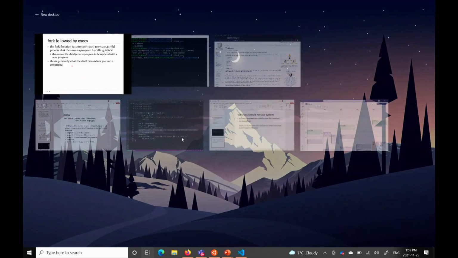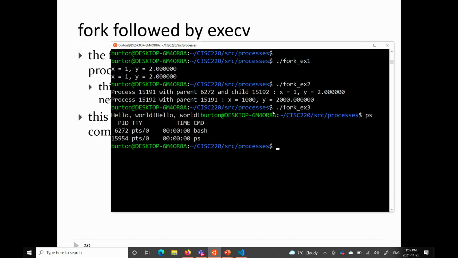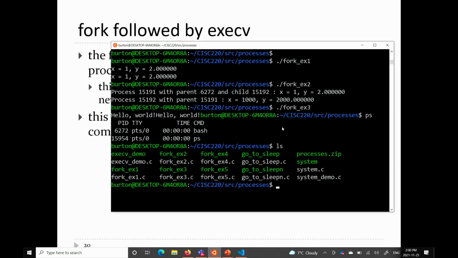So when I open up the shell and I type, for example, ls, the shell is a program, so it's a process, which you can see. It's process 6272. When I type something into the shell and press enter, it forks a process to run ls. ls runs, the process finishes, and then we come back to the parent process. ls can print to the terminal because it has the same standard output as the terminal, as its parent. If you have a pipeline, ls piped to grep for star.c,